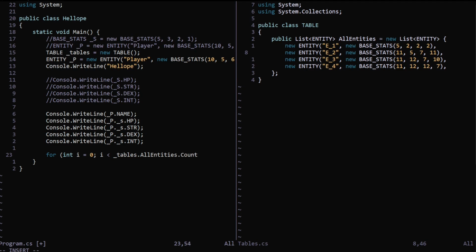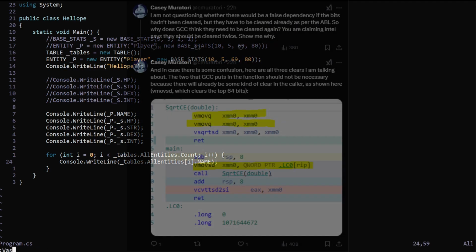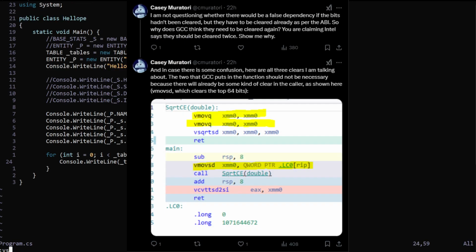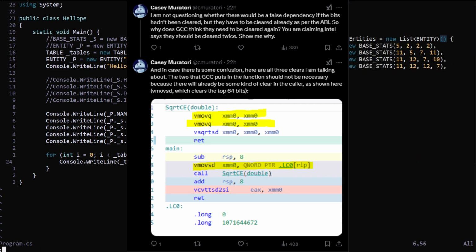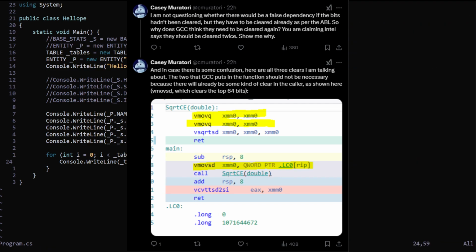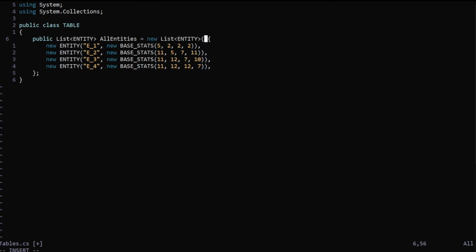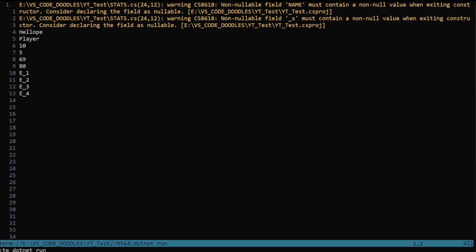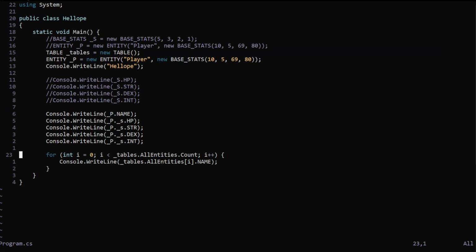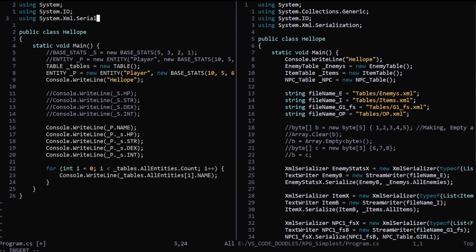However, I'm probably going to screen share an image that shows the tweet about how these are unnecessary assembly instructions that, even if you don't understand assembly, you could very clearly tell are repeated instructions. And yet,